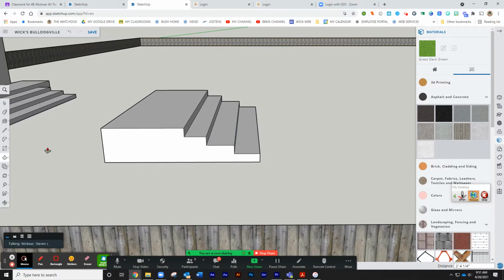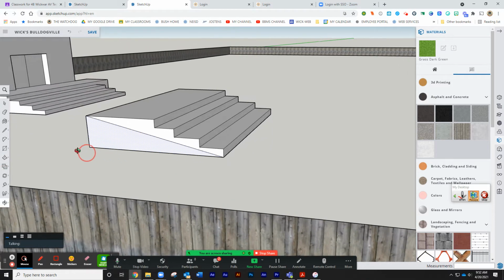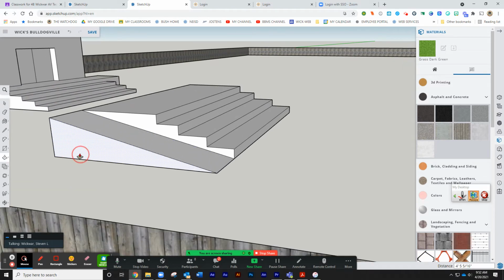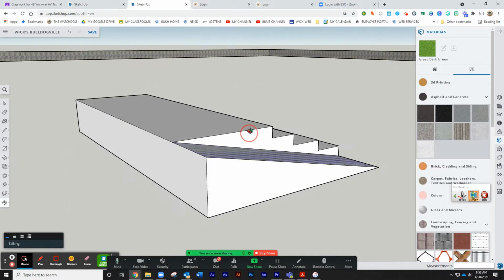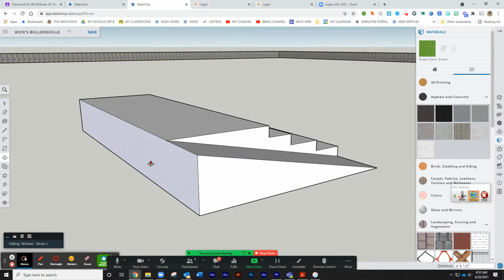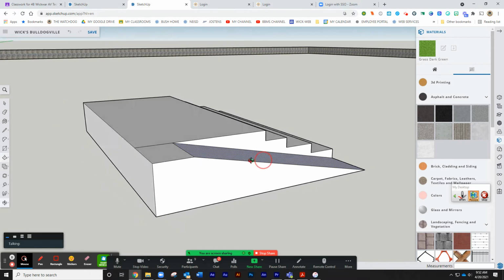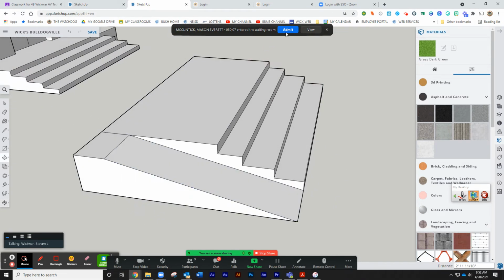Kind of cool. If you wanted to make it wheelchair accessible, check this out. I'm going to use my pencil tool. I'm going to draw a line here. I'm going to draw this there. I'm going to click my push-pull tool and I'm just going to pull this out. Boom. Sort of wheelchair accessible. I need a little landing up here of some sort. Maybe I could just do this. There we go. All right, kind of dangerous little drop off there,